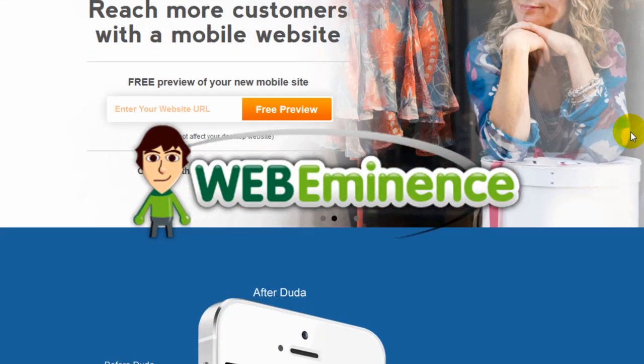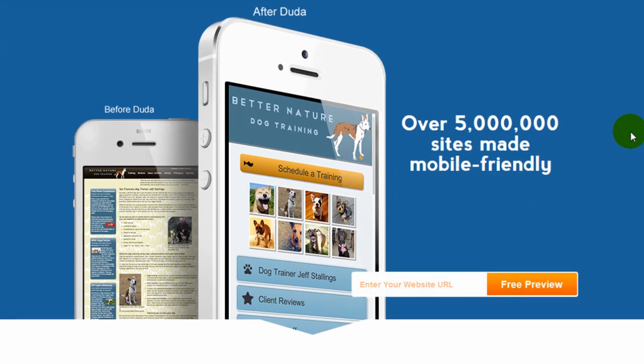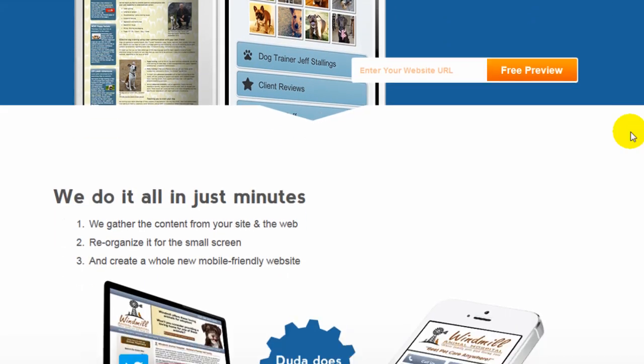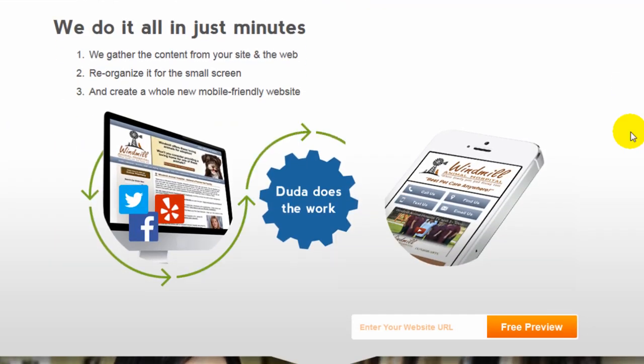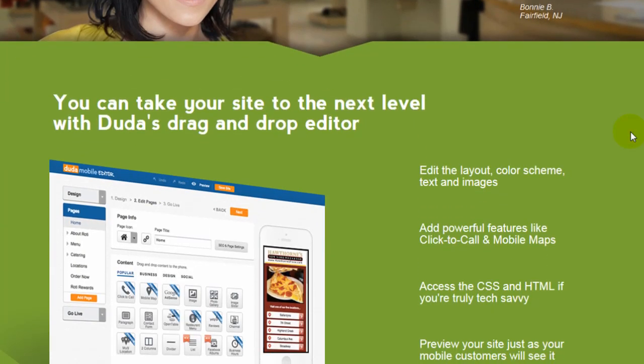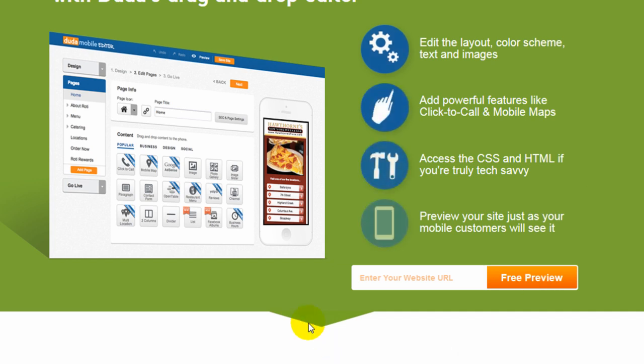I'm going to show you a pretty cool tool today. You may have heard of it. It's called DudaMobile. There's millions of people already using it, so I wouldn't be surprised if you've heard of it already, but it allows you to create a mobile version of your website, which is really important because, as you